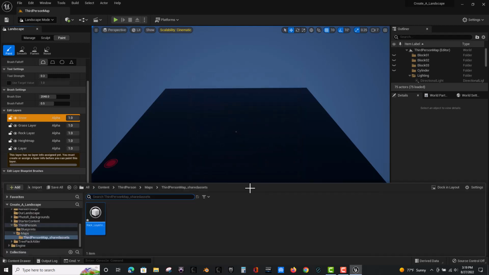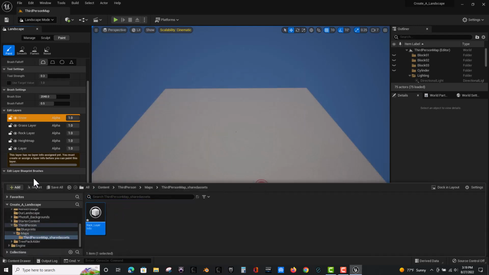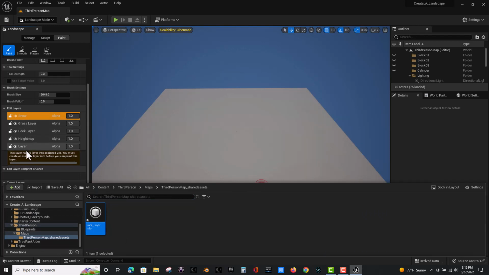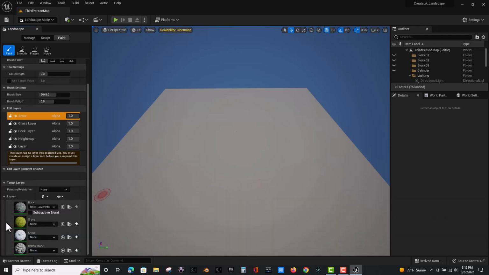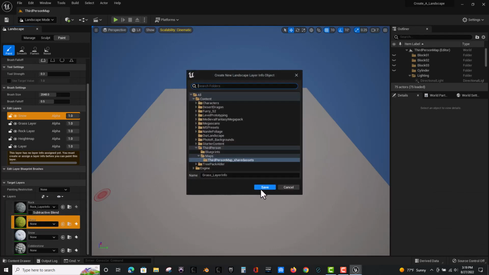So we'll save that one, and that's it. Okay, and we're going to do this though for each one of these paint layers. Okay, so let me hide my content drawer. We're going to go to grass, weight blended, save,